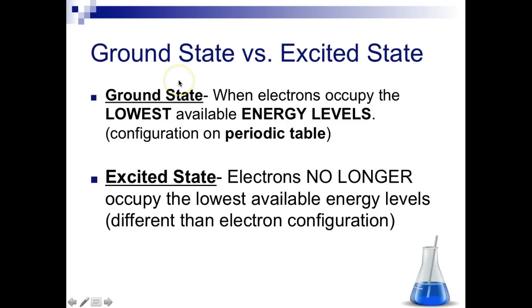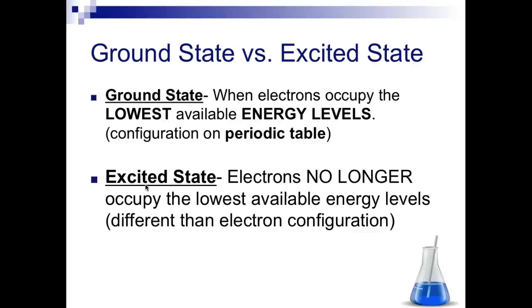So there are two kinds of states that the electron can have. A ground state is when the electrons occupy the lowest available energy levels. That's what you're going to see when you look at your configuration on the periodic table. And then there's an excited state. This is when the electrons no longer occupy the lowest available energy levels, and that will have a different electron configuration, with electrons in different energy levels other than when the electrons are stable